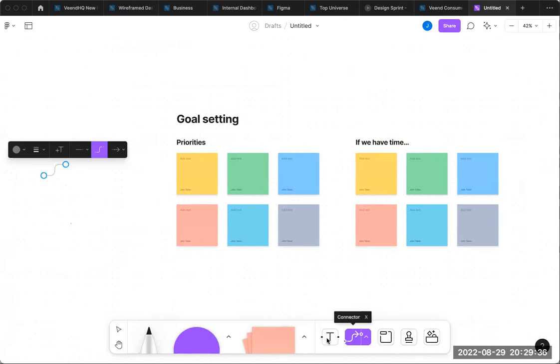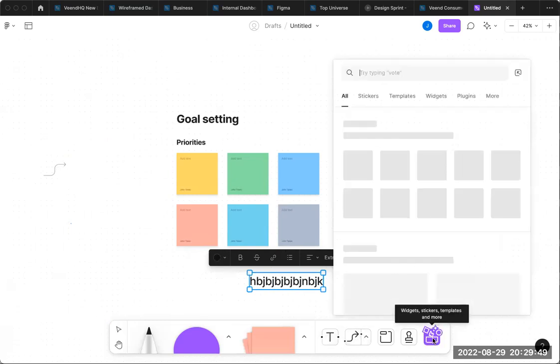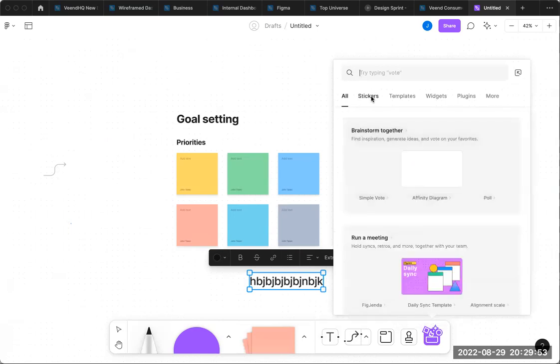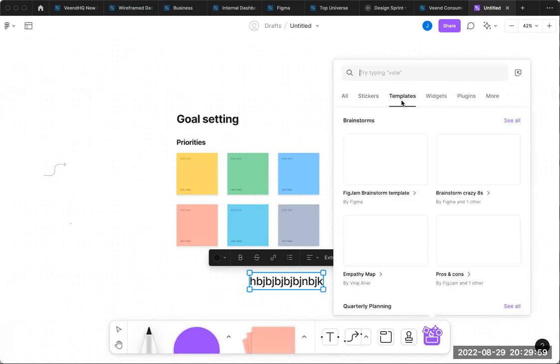So I just type something. So you have stickers here, you have templates, you can also import. You have widgets. I don't know if it's my network that is slow. I think it's my network. I hope you can still hear me.